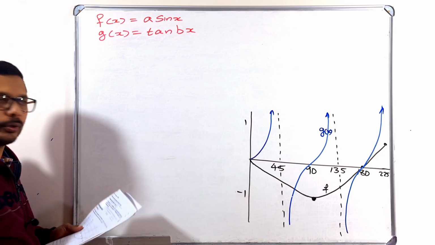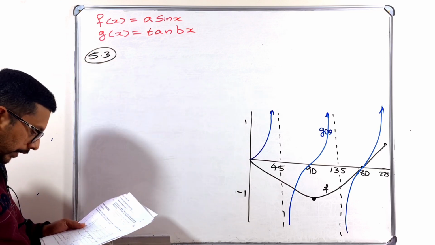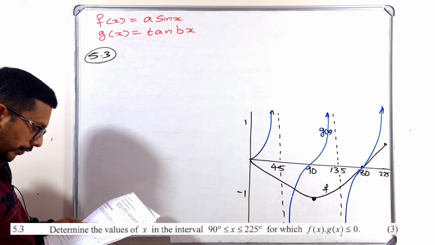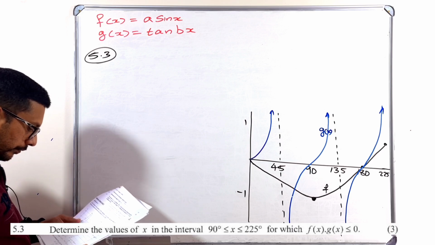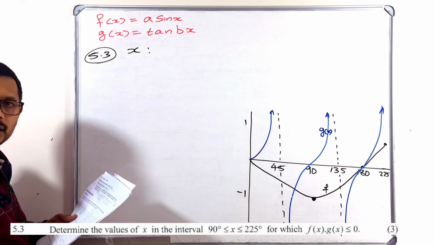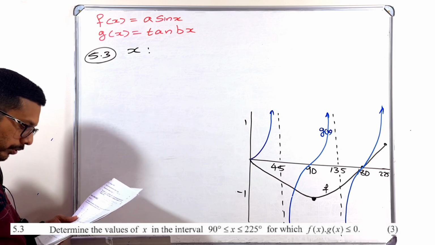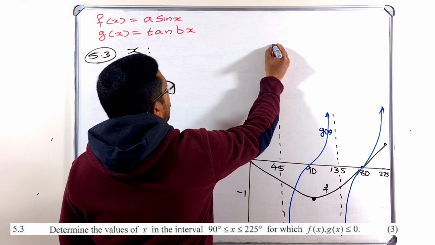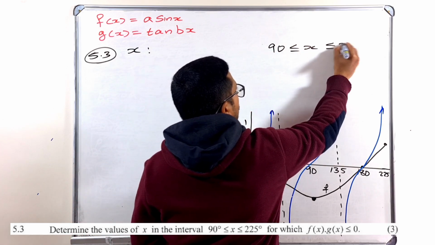Okay, question number 5.3. Determine the values of x in the interval 90 to 225. So you have to find the values of x. Okay, and what is the interval? 90 to 225. That means 90 is less than or equal to x, which is less than or equal to